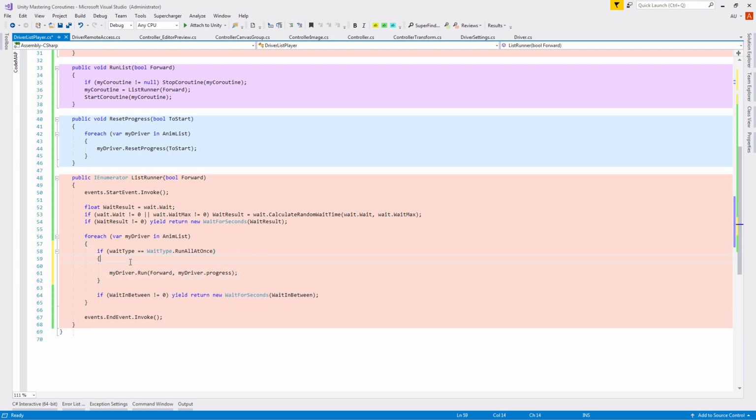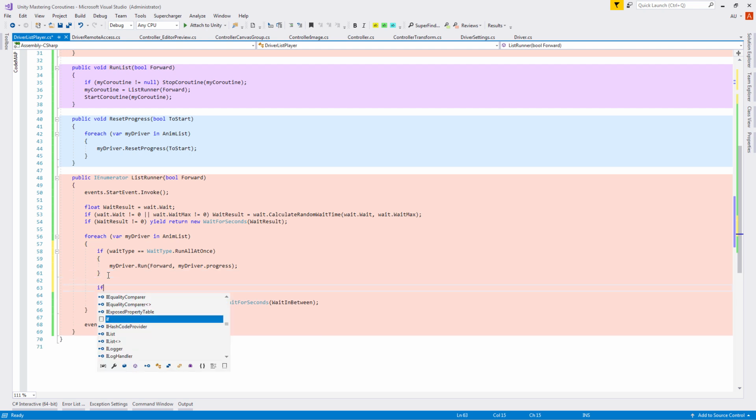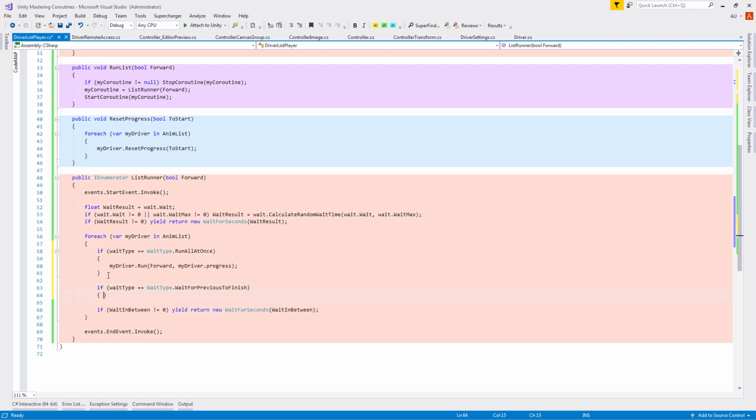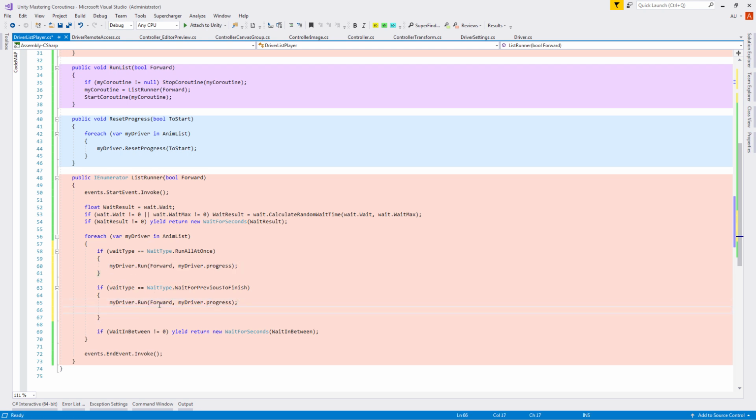Let's put our driver run inside curly brackets. Now let's write the second option. If wait type equals wait type dot wait for previous to finish. Let's copy and paste my driver run method. Now we need to figure out how to check if a driver already finished, but we can do it easily